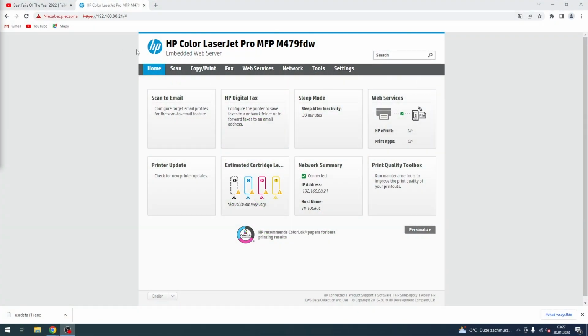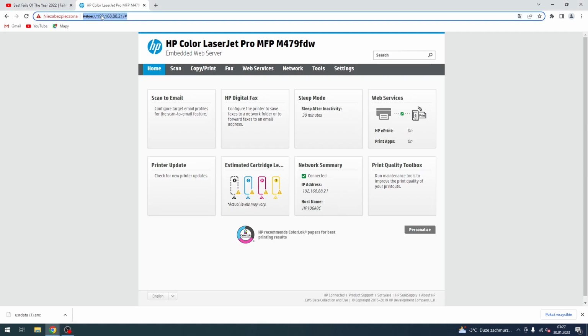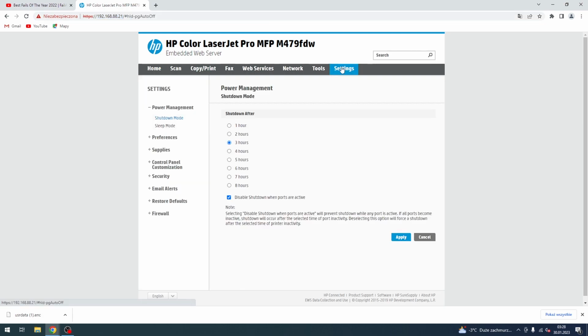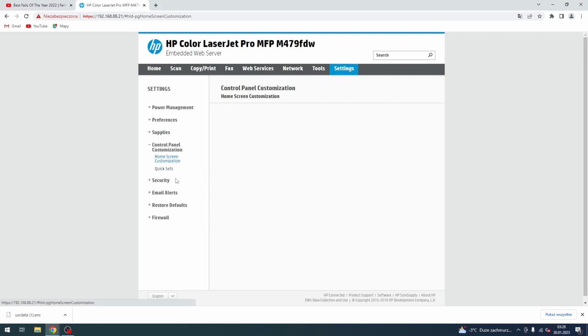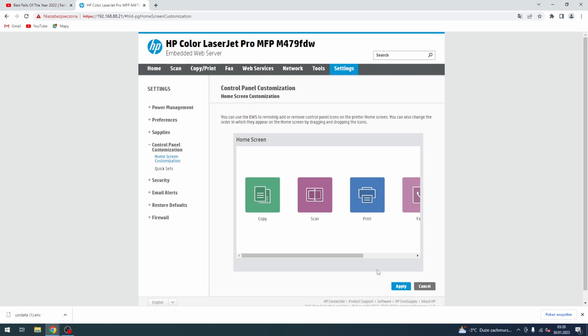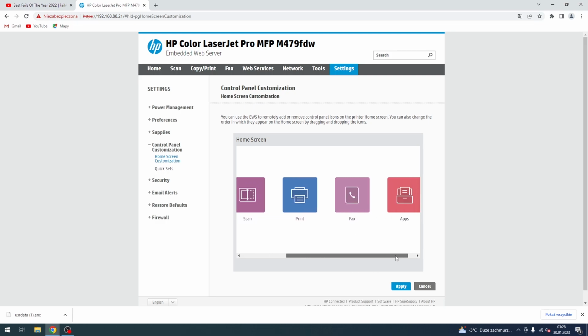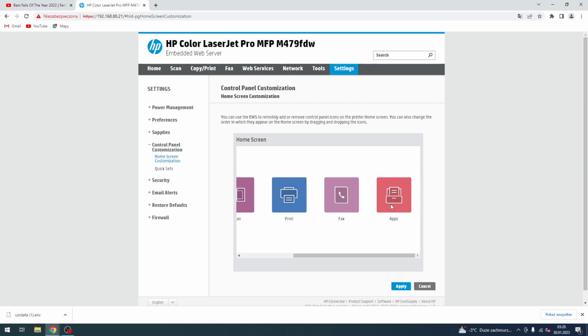So firstly, open your embedded web server. To open this server, you need to type the IP of your printer into your web browser. Then just click Settings and find here Control Panel Customization. Choose Home Screen Customization, and here you will see the home screen of your printer, and you can customize the